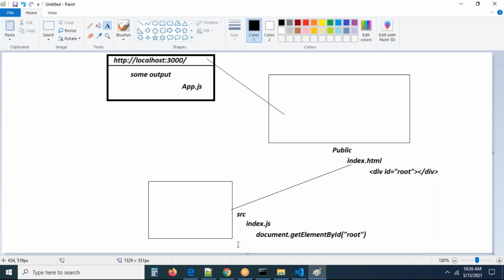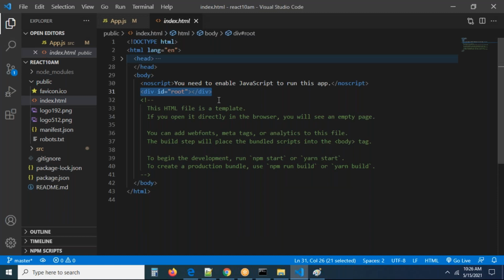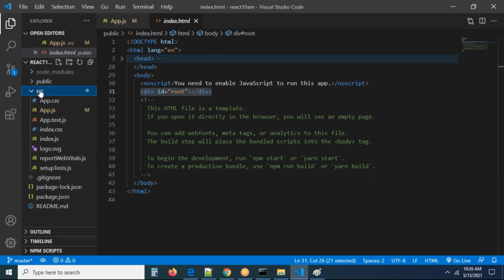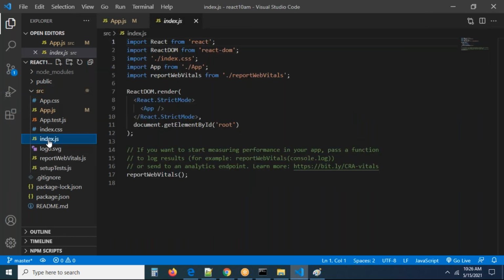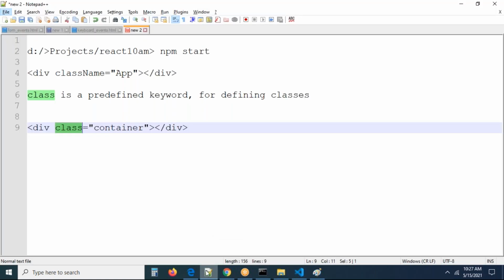Can you see, guys? Now I'm going to open the index.js. Go to your src folder. I have a file with the name index.js. Can you see? In src we have index.js. Can you see this file once again? Is there anywhere document.getElementById? Anywhere? Are you able to see? document.getElementById, there is a method, guys, in this file.